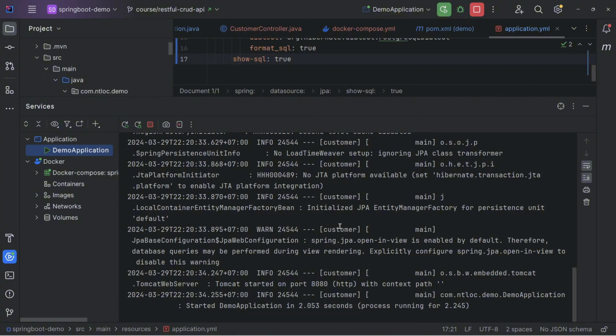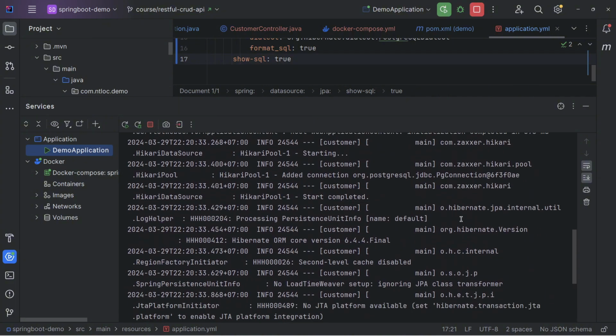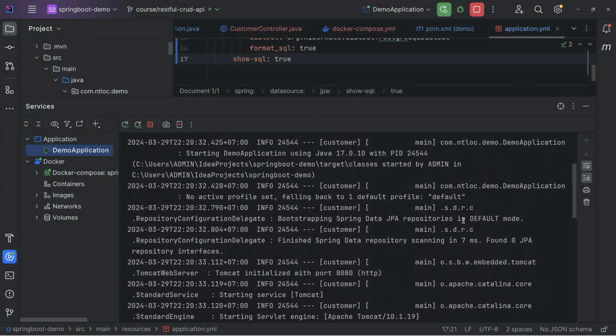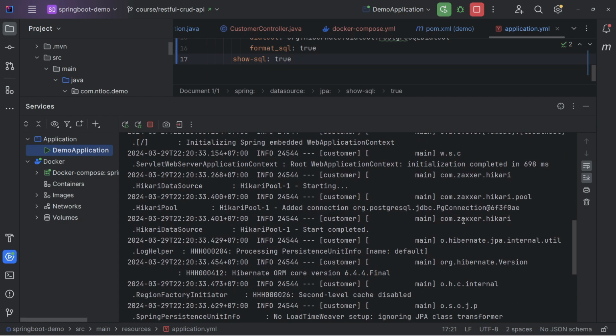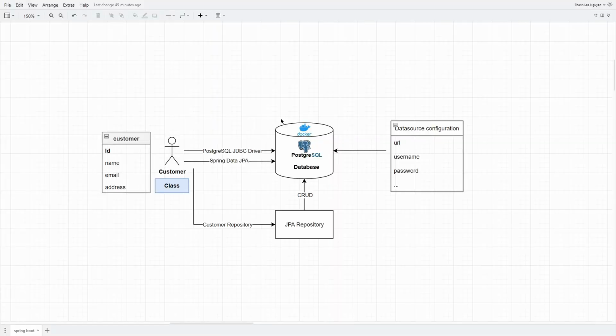You can see here in the log file Tomcat started on port 8080. We have some logs from Spring Data JPA in here. We don't have any error in here. Okay, cool. Now our application has already established the connection to the database.